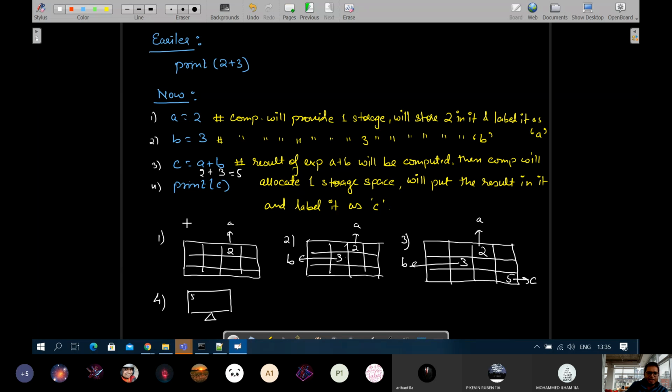This was the dry run of the program. Have a look for another 15-20 seconds and then let me know if it is clear or not. If you are having doubt, let me know after 20 seconds.